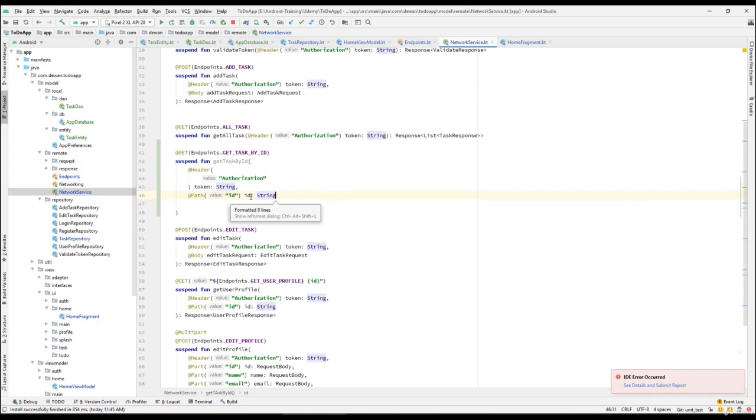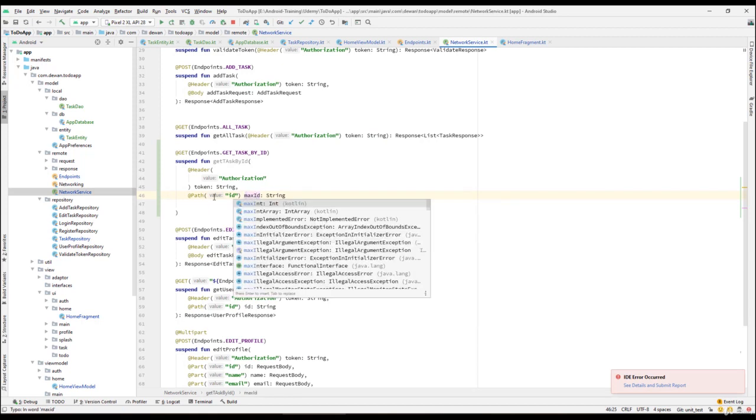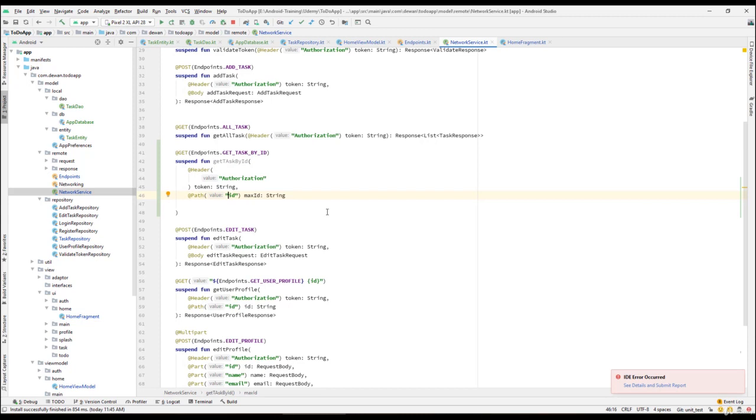And this is the ID, or we can call it max ID. That should be better. And this is of a max ID. So we pass the max ID as a path variable over here,